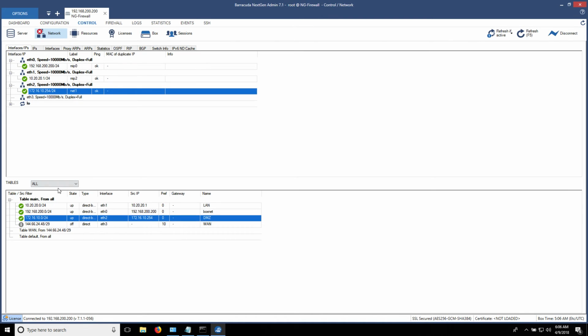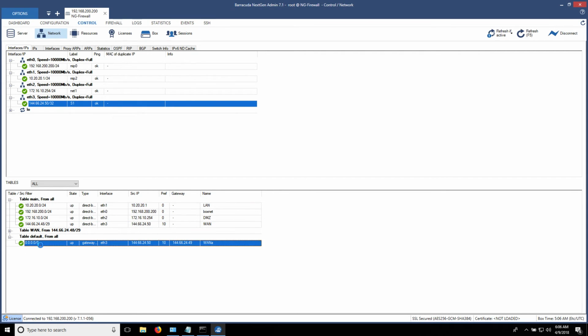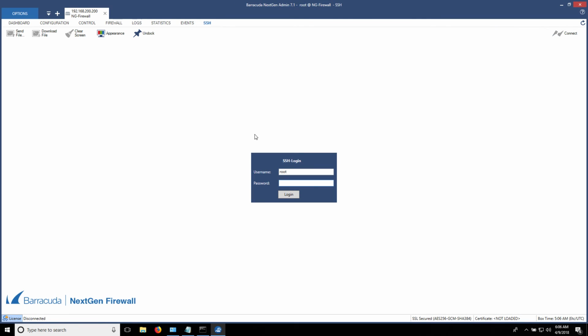Okay. Now we go to network, and hopefully our route will come up. So there goes ETH3 or P4. If we take a look at the routing table, we see this quad 0 route, which pretty much means the internet or world. We see that our source IP is a .50 that was configured in server properties, and then we see the gateway address or the ISP modem set at the .49. And so theoretically now, if we log into SSH,